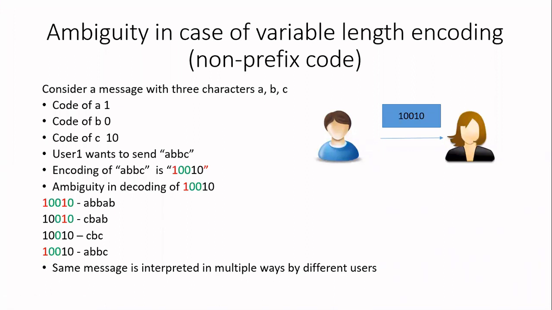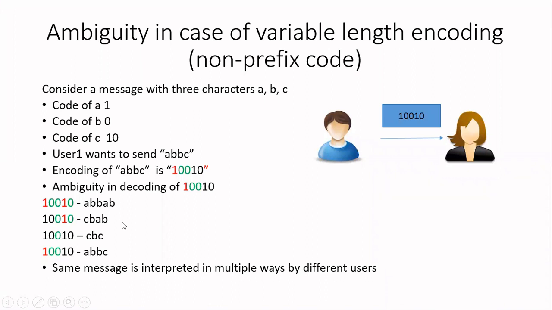Let us see how he can construct in another way. Suppose he is taking the first 2 characters instead of 1, the first 2 symbols 1, 0, he will interpret that as C. Then the next 1, 0 is coming, that can be interpreted as B. Next 1, 1 is coming, this can be interpreted as A. Another 0 is there, it can be interpreted as B. So now a particular message is interpreted as CBAB. Previously it is interpreted as ABBAB. Now CBAB. But I have transmitted something else. So now we are getting this problem.